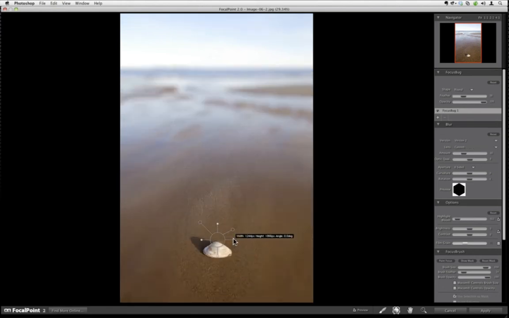Now, I'm going to try something here. I want to have a little fun with this. I learned from one of our master photographers on the onOne Master Program, who I think actually might be on this webinar, Scott Stolberg. He uses FocalPoint a lot, and he kind of turned me on to this effect, and I don't know how well it'll work with this image,